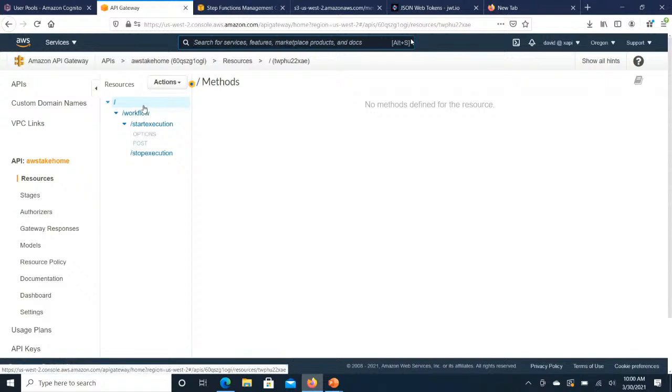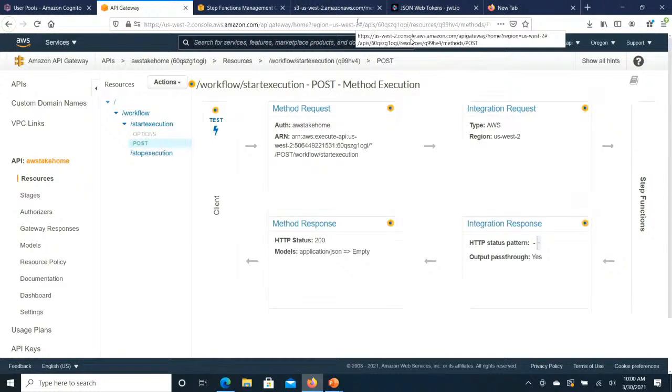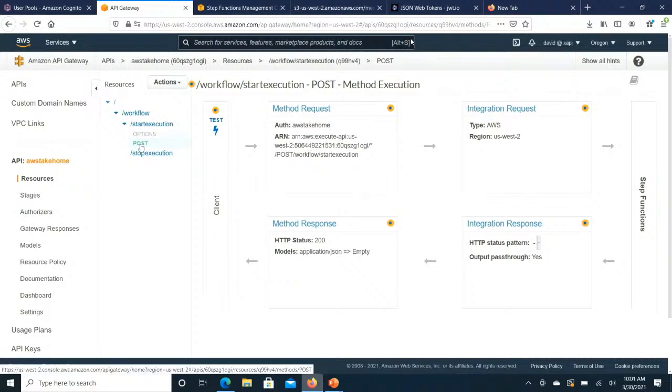And you can see that I have defined a resource, just called it workflow. And then I have a post request. And a post request, if you're not familiar, is just a request that you can make from your application, just like a GET request that you make in a browser. So when you put something in this URL in your browser, you make a GET request. And when you make a post request, you just pass it a little JSON payload. Okay, so this has got a little JSON payload that I'm sending it.